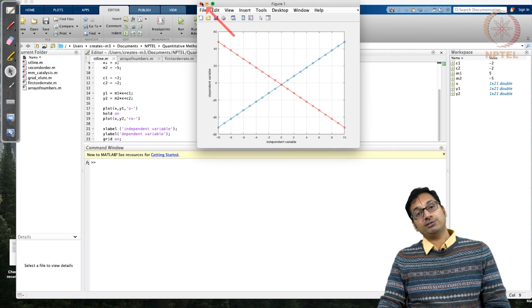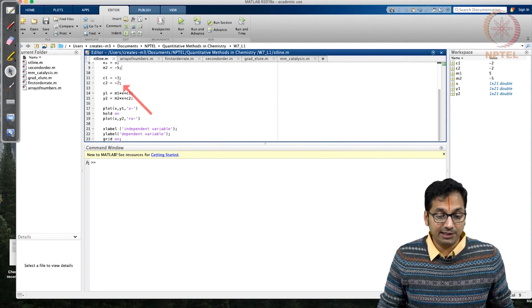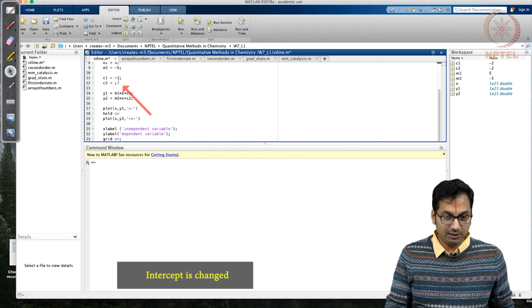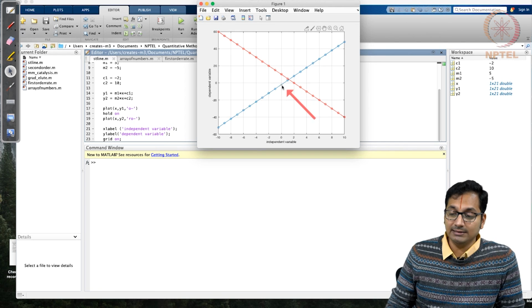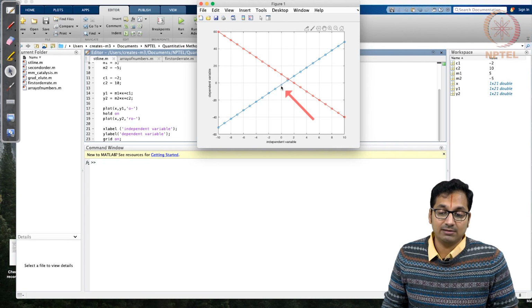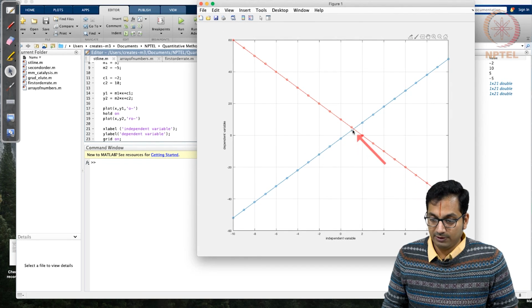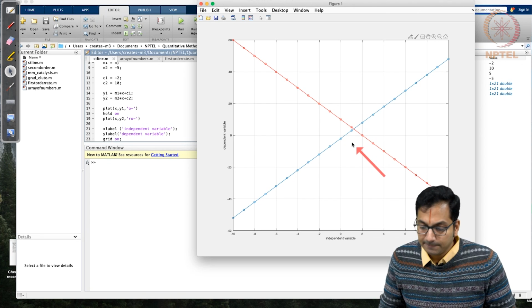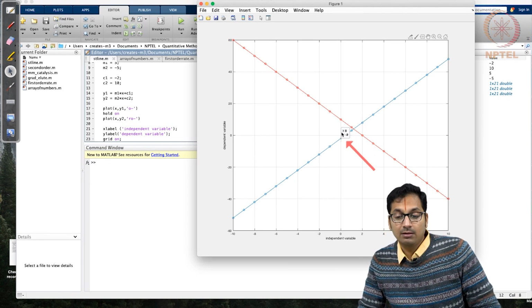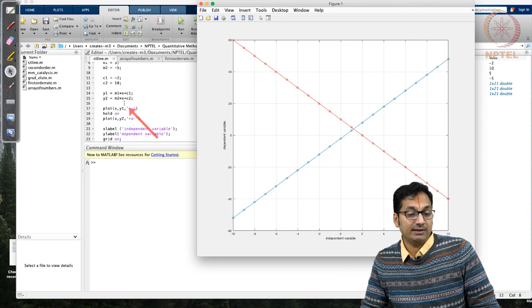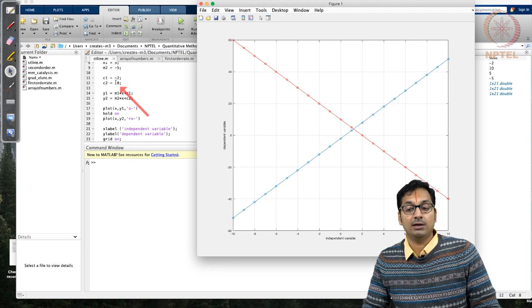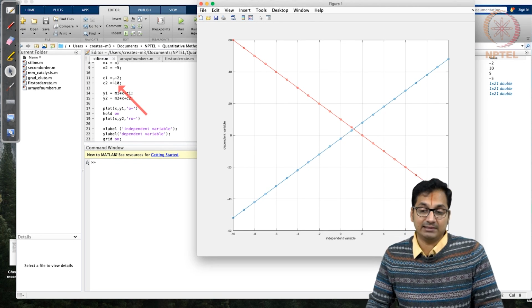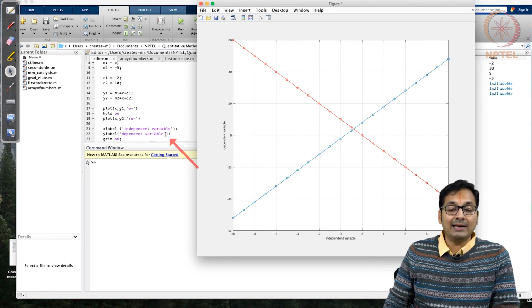Okay. So the advantage of doing this right now is that we can quickly change slopes. So instead of giving a minus 2, we can also give a plus 10, and let's see how the curve looks. Now what you are able to realize is that at the value 0, the blue curve has the value minus 2, while the red one has the value plus 10. In fact, this is what you had given. For the blue you had given an intercept of minus 2, while for the red you had given an intercept of plus 10. So what you are able to realize is that you can quickly change this.